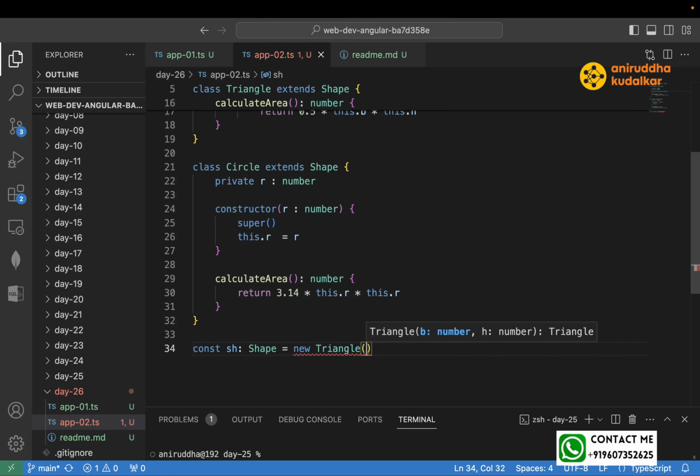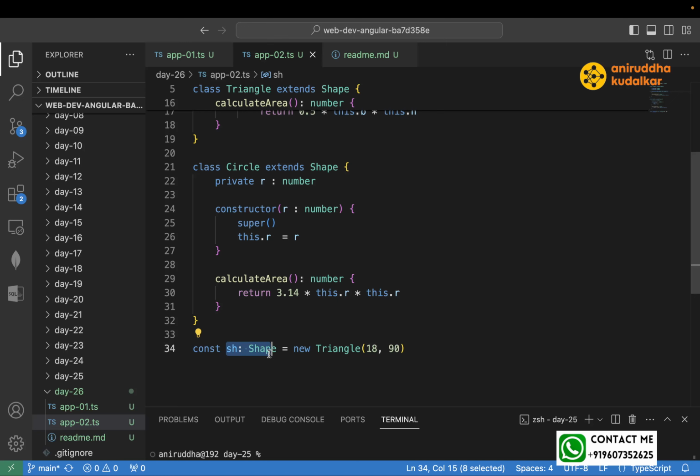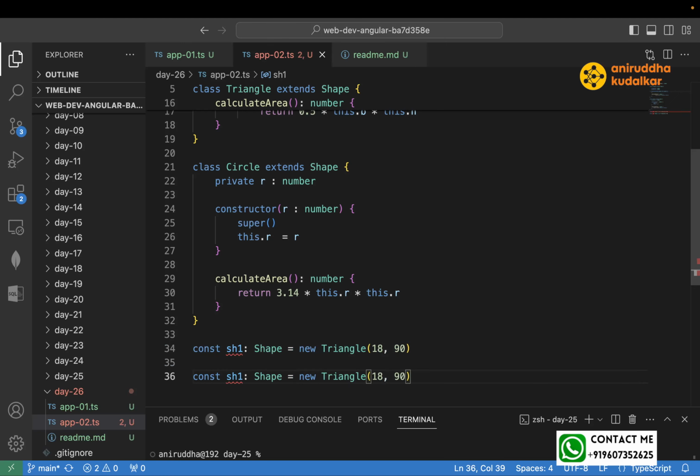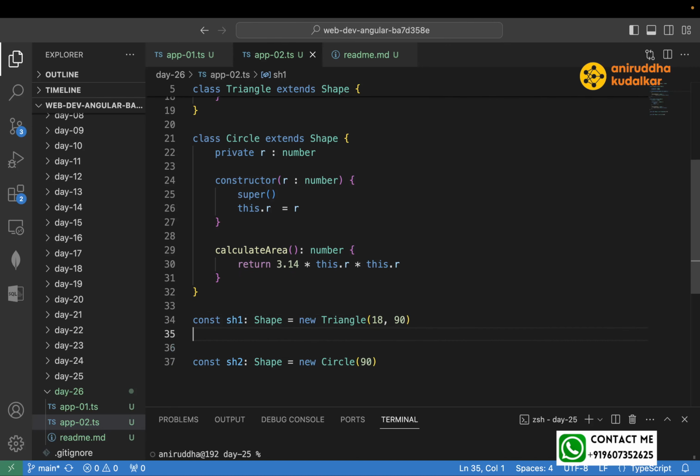Can you see? That is working. B 18 and 90. Can you see? It's of type shape, and you are assigning it to the triangle. This is sh2. Again, this is of type shape. And here you can say circle. Right? And then you can call